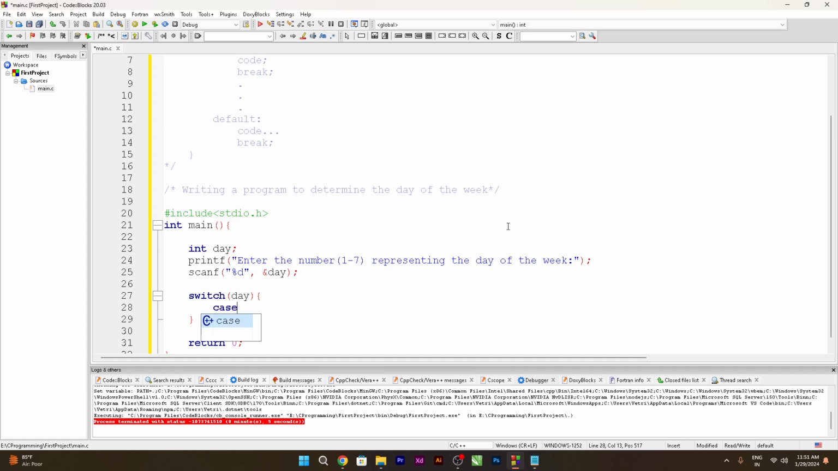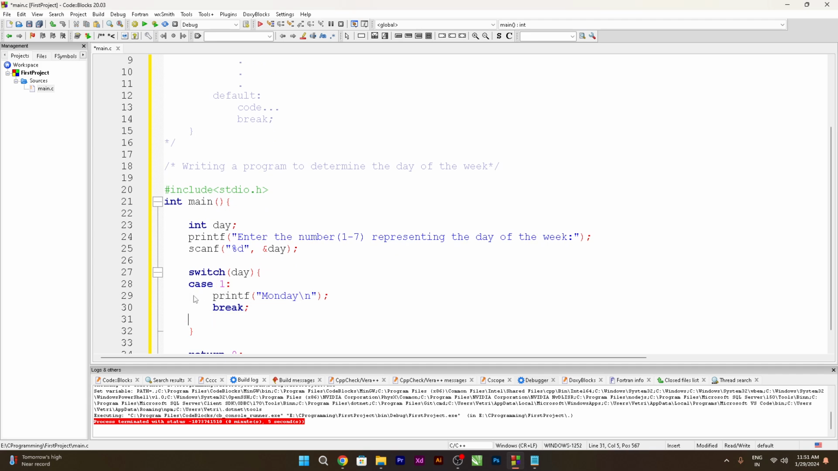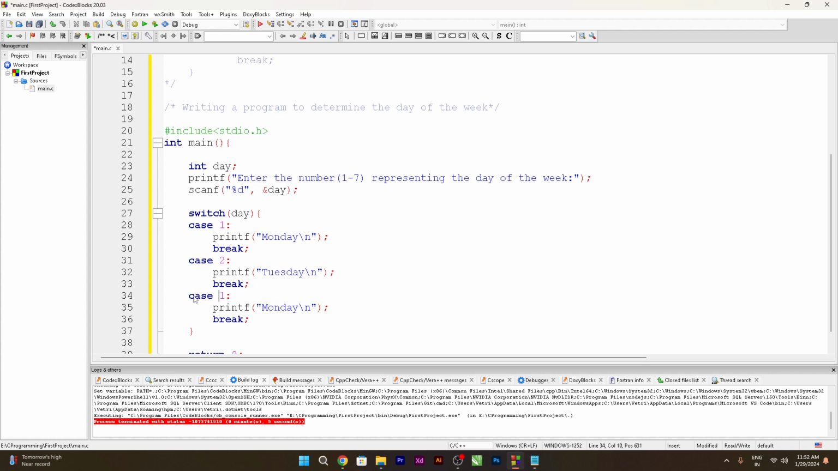Then if the case value is equal to 1, which means the user enters 1, then we need to say printf, we need to say Monday, and at the end we are going to add \n and a semicolon, and at last we need to say break. So I'm going to copy this. Case 2, if it is case 2, then this is supposed to be Tuesday, and if it is case 3, that means day 3, this is supposed to be Wednesday,